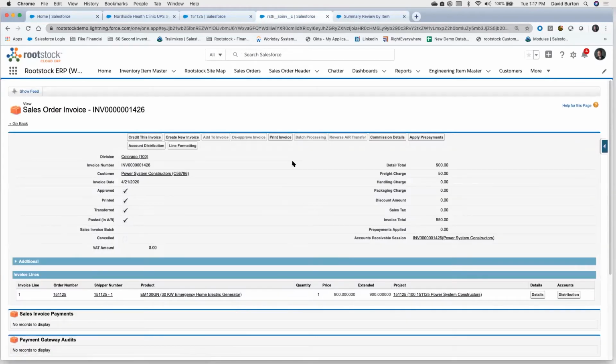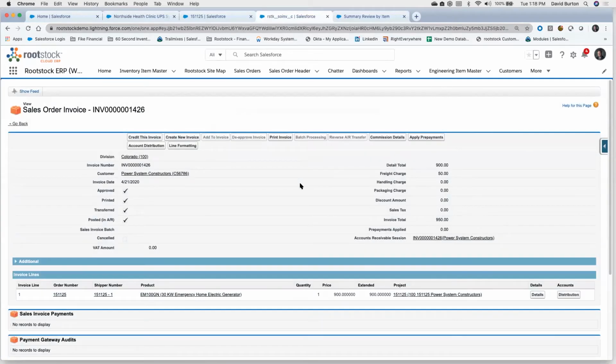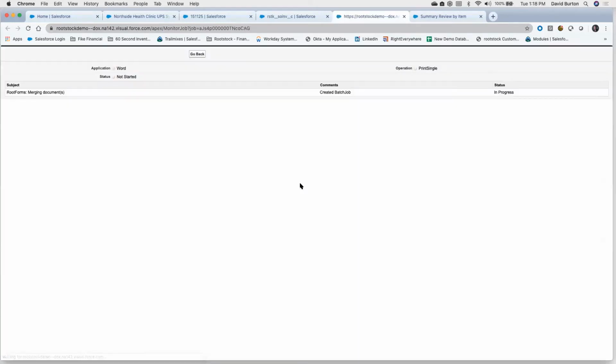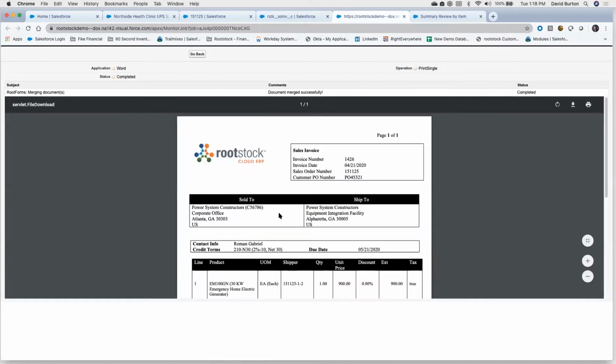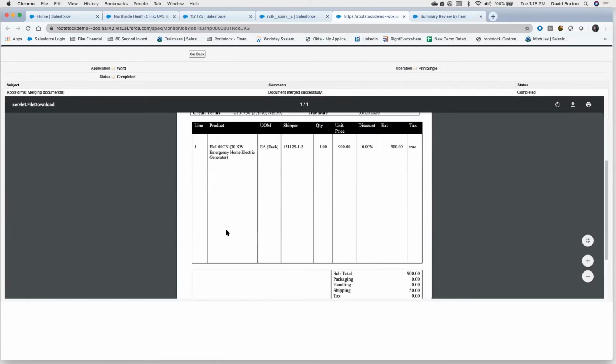And what we'll see there, I'll just generate a copy of the invoice. But you can have unique invoice formats for your customers. So you can make a unique invoice format for your company. We have a lot of customers who have very specific ways they want their documents to look. I'm going to show you a very basic document here in our demonstration system, but we actually have a tool